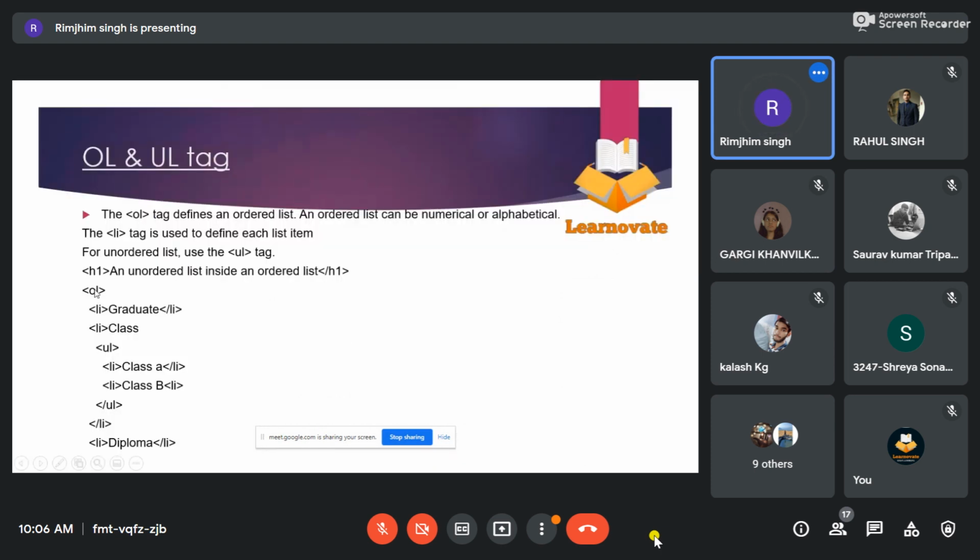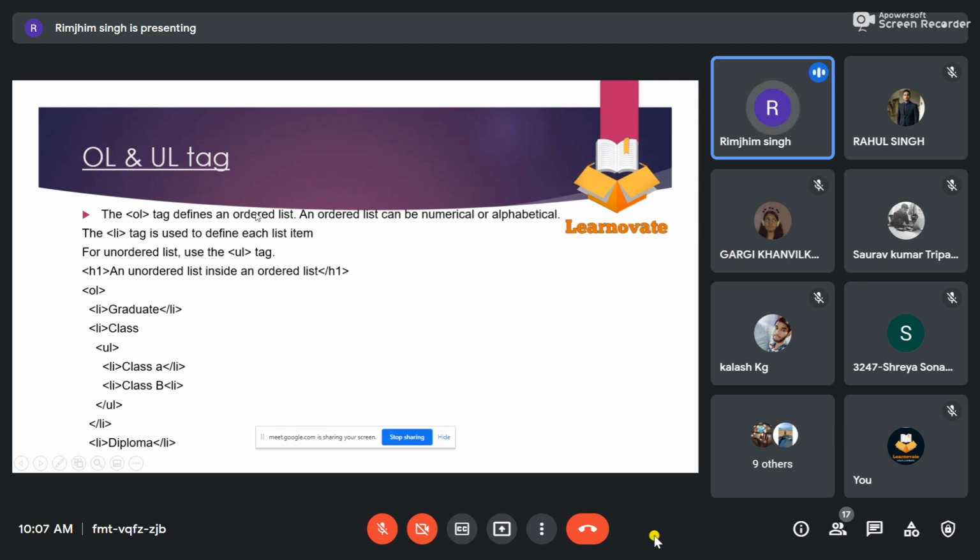So this is what my syntax will be: OL enclosed in angle brackets, and then if I want to include a list item under my OL, I'll be using li. I hope this is very common in an HTML class. I hope people are familiar with OL and UL tags. So for an unordered list, I'll be using the UL tag, and then under my UL tag, whatever list I want to provide, and then we'll close the list with /UL. This is how the OL and UL tags are used.